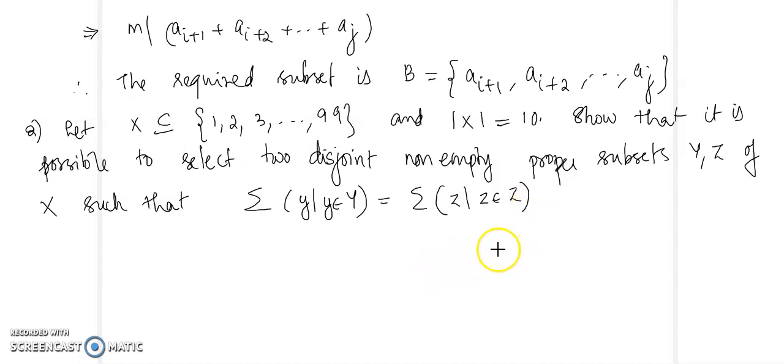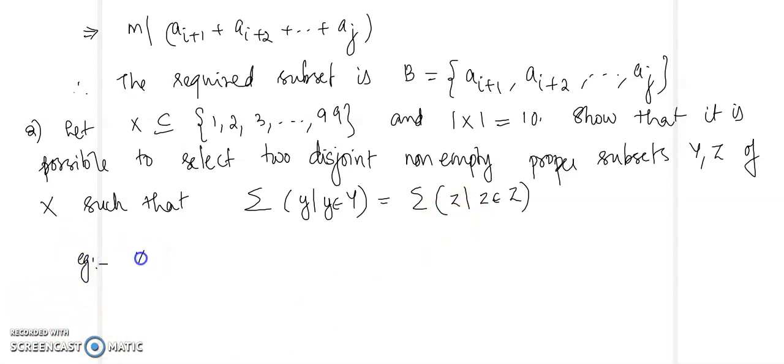Okay, so the problem is this: you are given the set X, which contains 10 elements. These 10 elements can be anything from 1 to 99. Now we need to show that there are two disjoint subsets Y and Z of X such that the sum of the elements in Y is equal to the sum of the elements in Z. So for example,